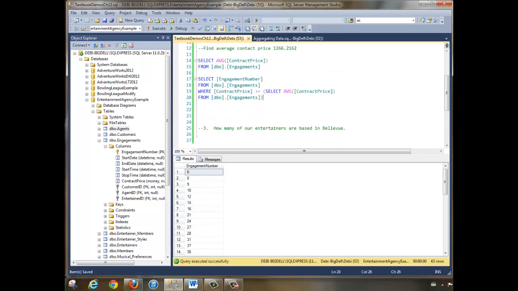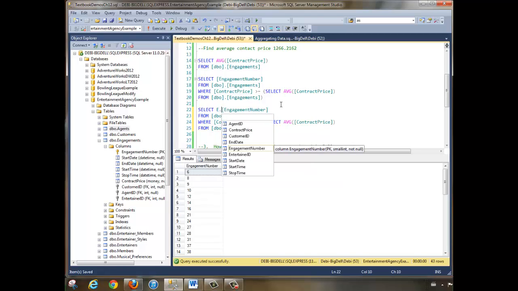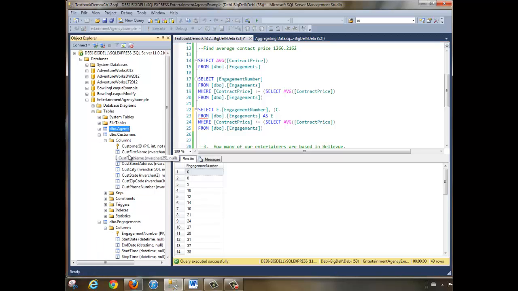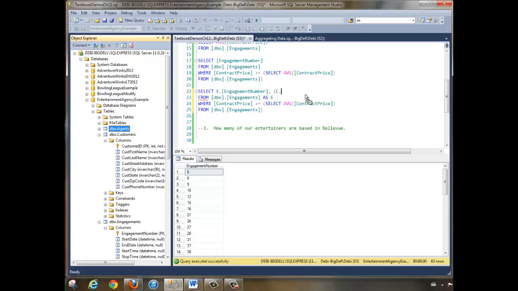Go ahead. So let's see if we can dress this up a little bit. This doesn't tell me much. Engagement number, I think I'd like to have a little more information. So I'm going to grab this again, and we're going to do engagement number and engagement as E, because I'm going to do an inner join on this. I'm going to do E dot engagement number, comma, let's see, how about customer? Let's get some information about our customers here. And I want the customer last name